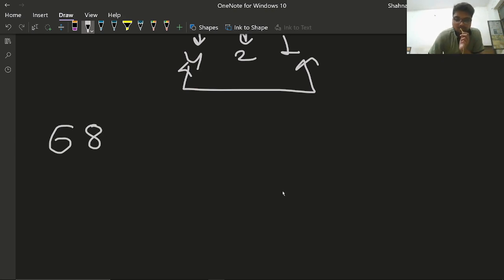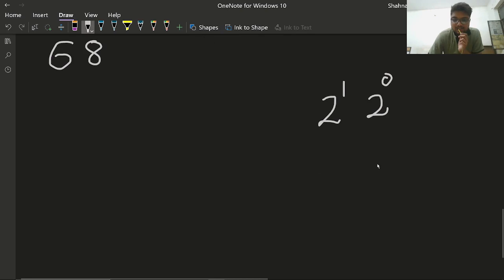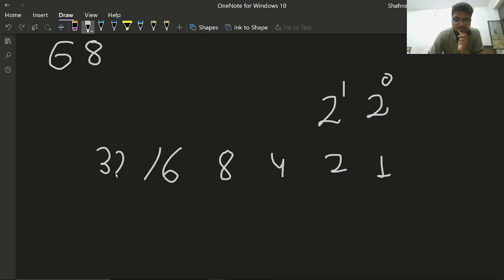So just write 2's power 0, 2's power 1, or else instead of writing 2's power, just write 1, 2, then multiply by 2, 4, then 8, then 16, then 32, and then 64. Okay, 64 is there.